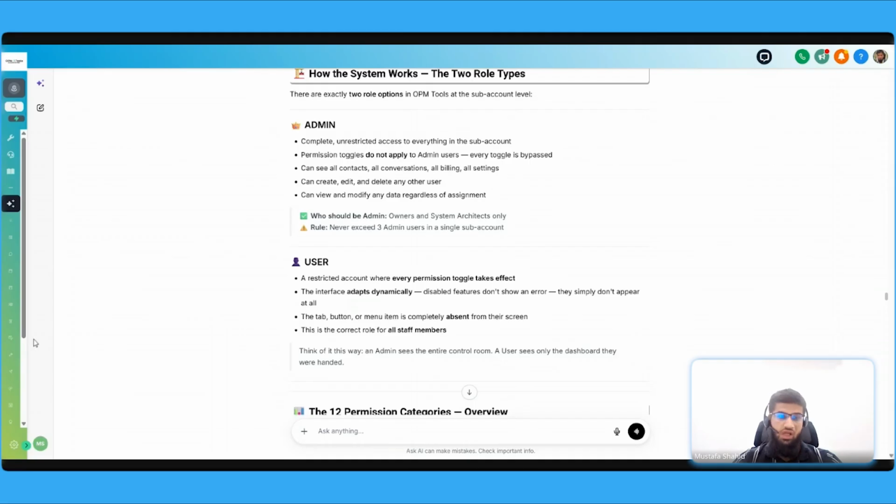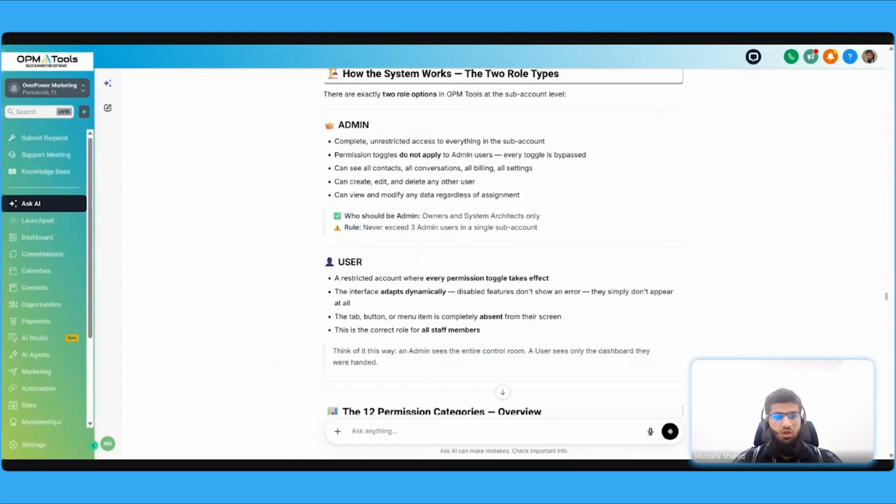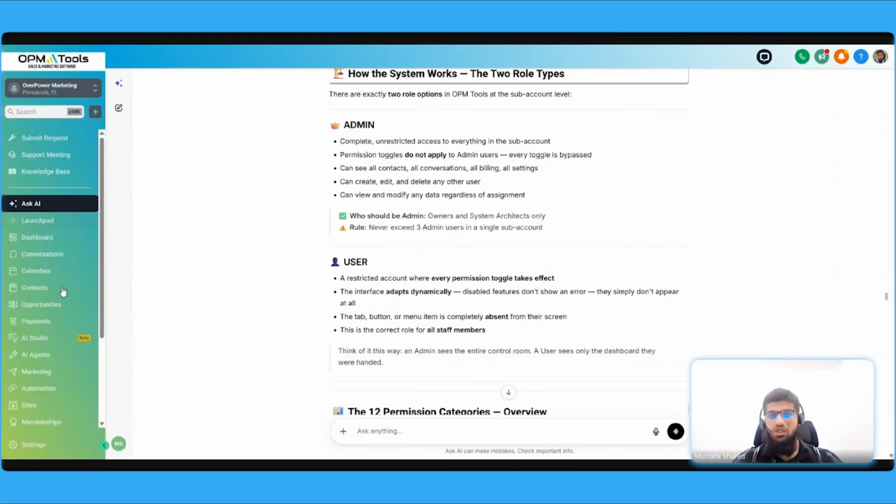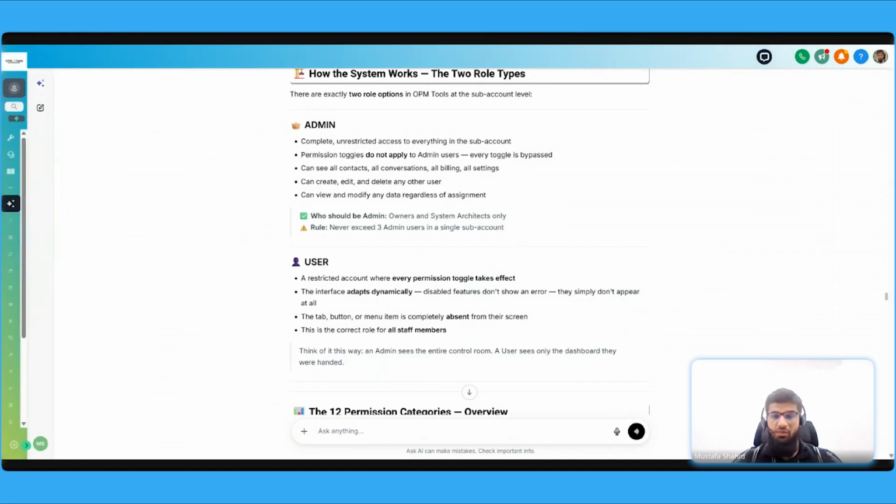Let me show you what we have on the sidebar. So on the sidebar, we have different options over here. If my permission for opportunities and pipelines was turned off, I wouldn't see the opportunities tab over here. So if I can't see it, I can't click on it. It's that simple. So coming back over here, the tab, button, or menu item is completely absent